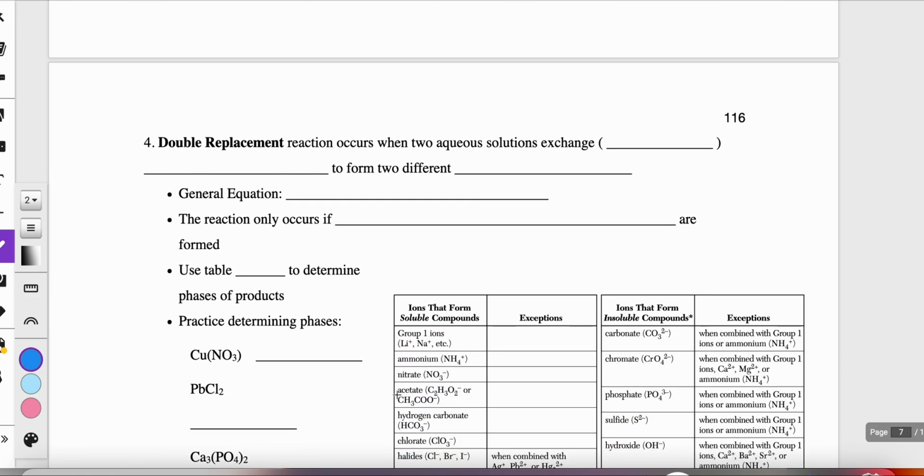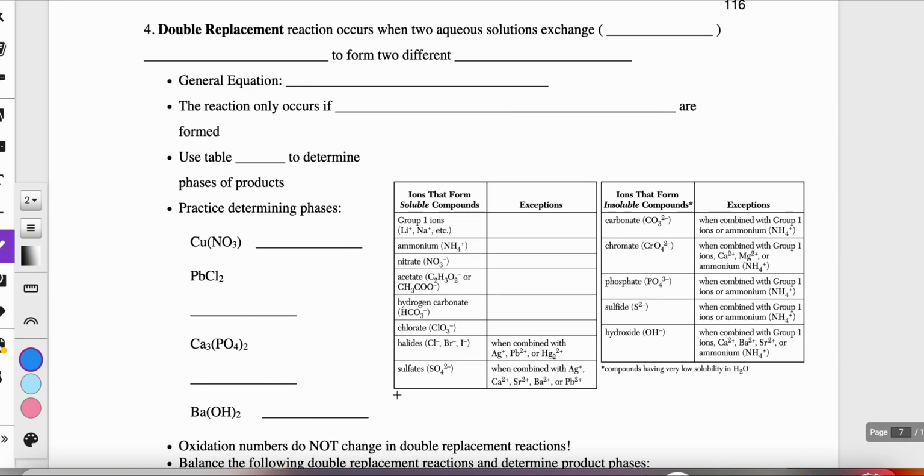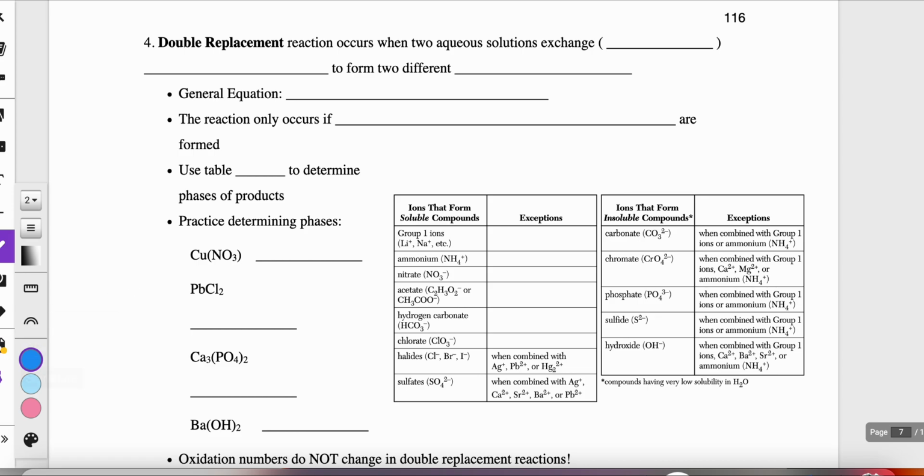Moving on to page 116, where there's a double replacement reaction. A double replacement reaction occurs when two aqueous solutions exchange, or I like the word swap,